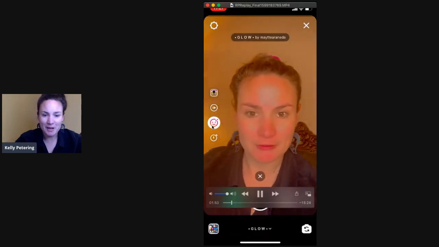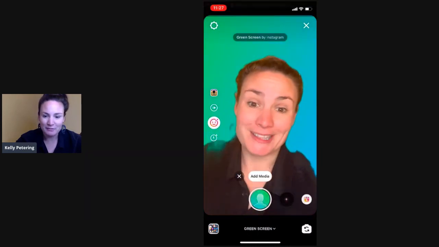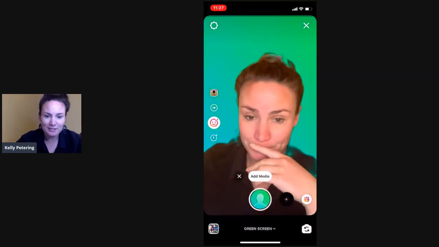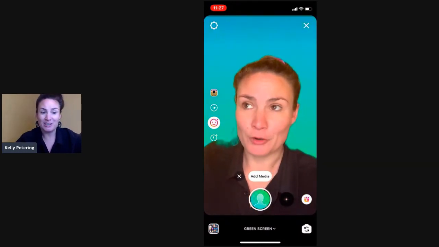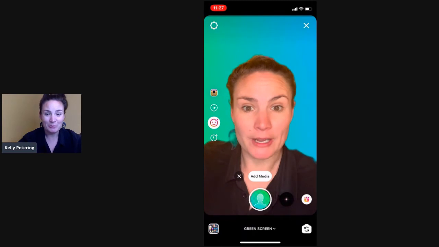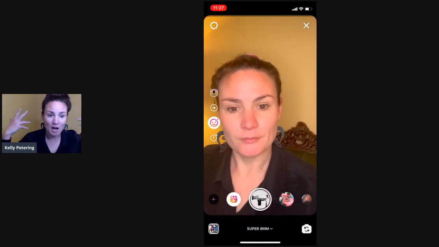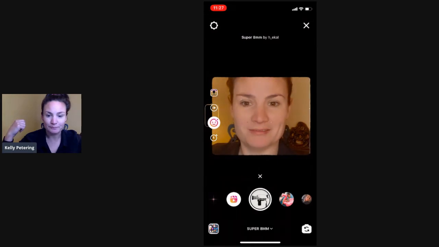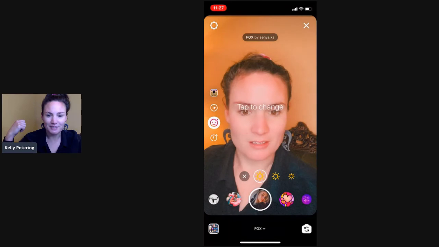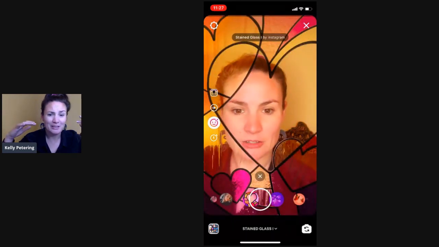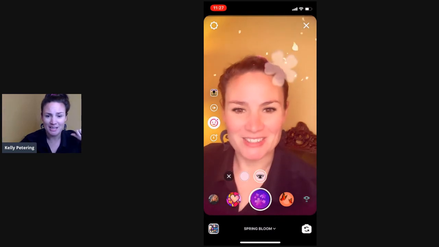Okay, so the next part is the effects. So you can add an effect. There's heaps of different types of effects on there, and you'll see as I swipe through the effects, just having a bit of a play around. That's a green screen. The green screen is really great to use with the Reels because it means what you can do is you can put any of your backgrounds behind you when you've got the green screen on. It's going through some funky little effects there. There's so many to play with. Have some fun with it. There's heaps of different